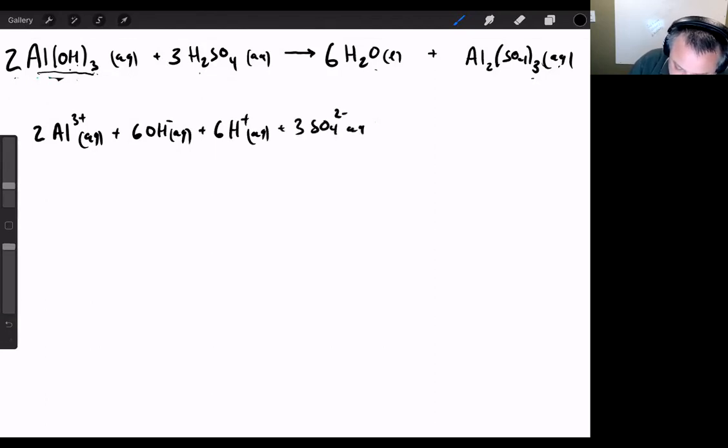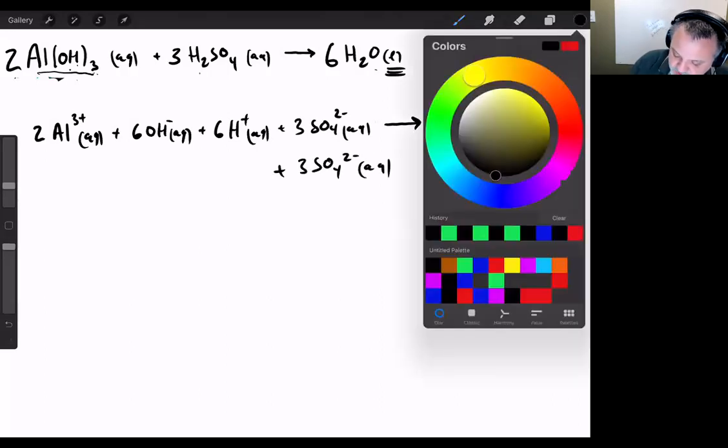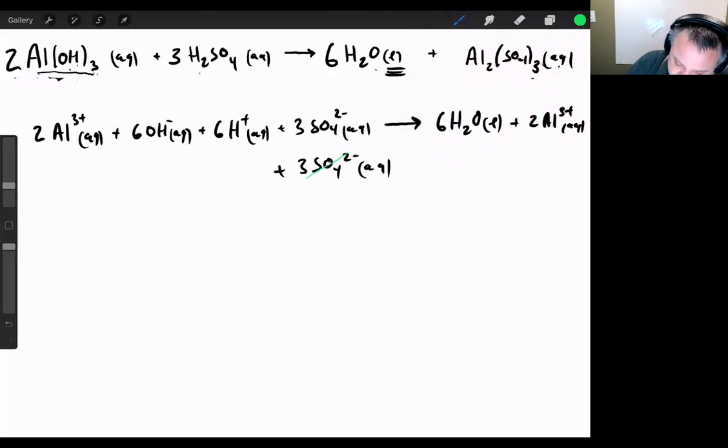sulfate aqueous. Now I can write the products. Water is a pure liquid. That L means I just write it down exactly as it appears. And now I can do everything else. So I've got 2Al3 plus aqueous plus 3SO4 2 minus aqueous. Now I'm still going to cancel out everything that appears on both sides of the equation,